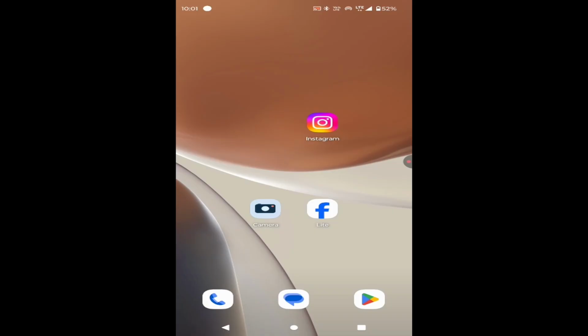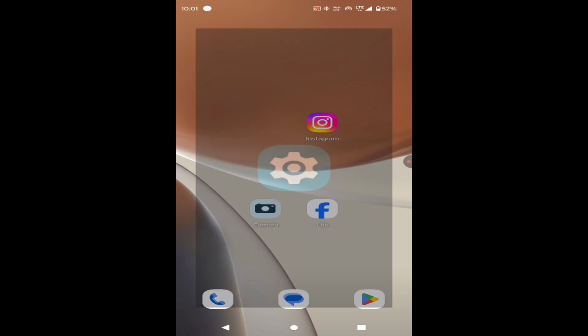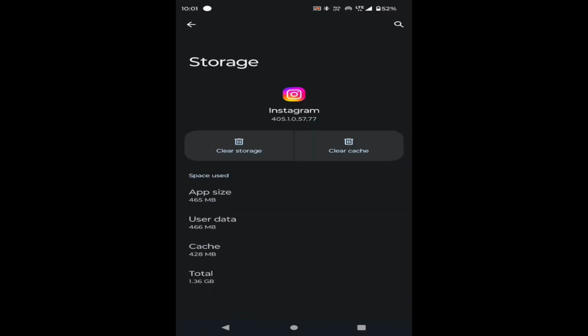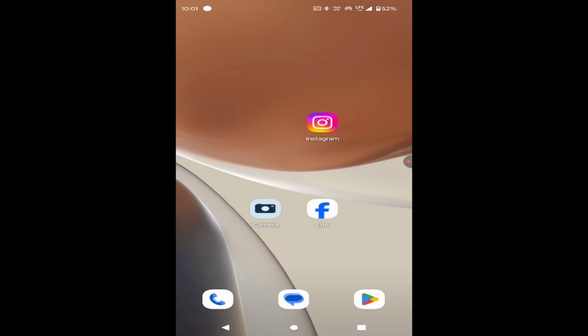Next, long press on your Instagram app, then go to the app info and then click on storage and cache. Now clear cache once and clear storage once. After doing this step, log in to your Instagram account again and check the problem. If it persists, then the next step is